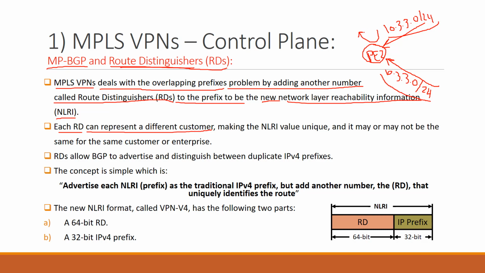If we use the same RD, route distinguisher, for this VRF and the same route distinguisher for another VRF, and two duplicated prefixes are received, there will be no difference. Still, there is duplication. So the RDs, route distinguishers, for each VRF shouldn't be the same, to make the NLRI value